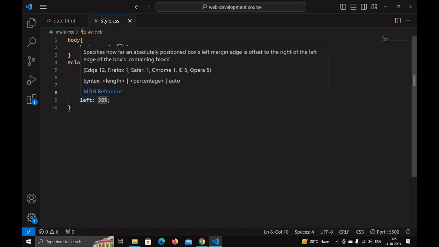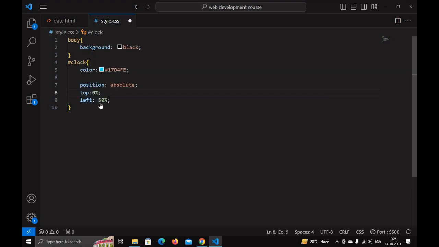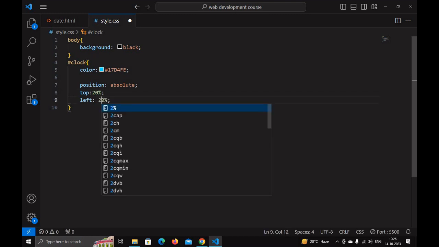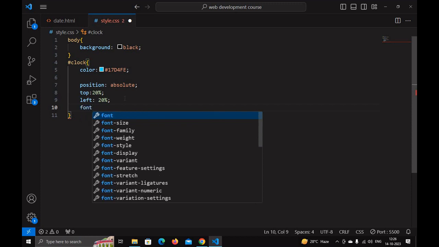You can change it accordingly, you can change the values. So top 20% and left 20%, and let's increase the